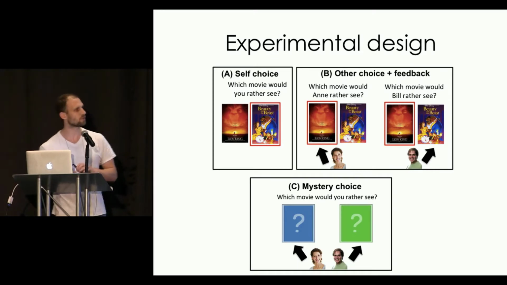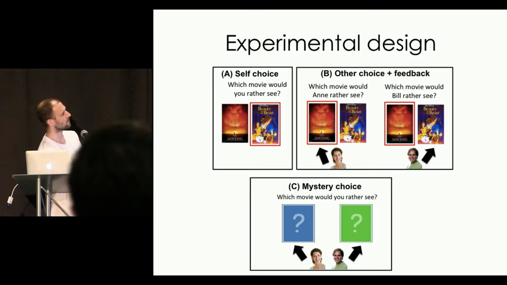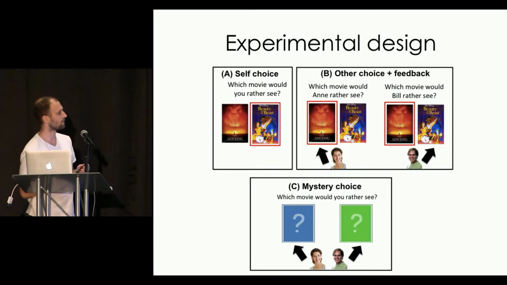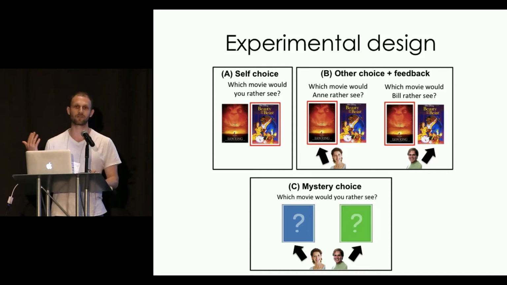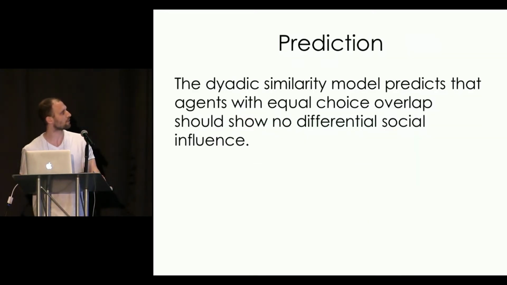So to make this clear, let me introduce you to this experimental paradigm. It's very simple. Subjects are going to choose between different movies that they want to see, and then they're going to observe other individuals making the same choices for the same movies. Then at the end of each block, they're going to see a mystery choice where they get information about two of these individuals' preferences, but no information about the actual movie itself. So it's a pure measure of social influence on choice. As I said before, the dyadic similarity model predicts that agents with equal choice overlap should show no differential